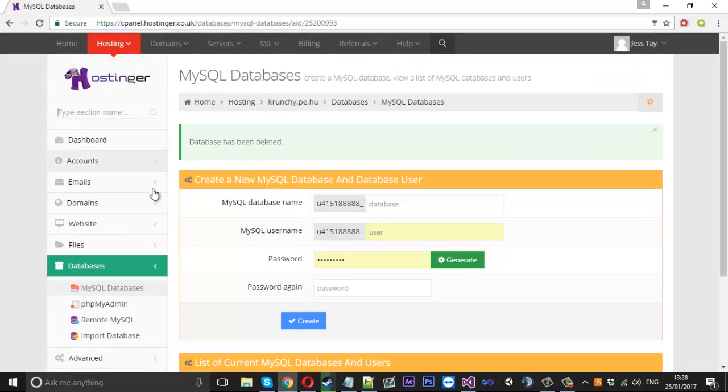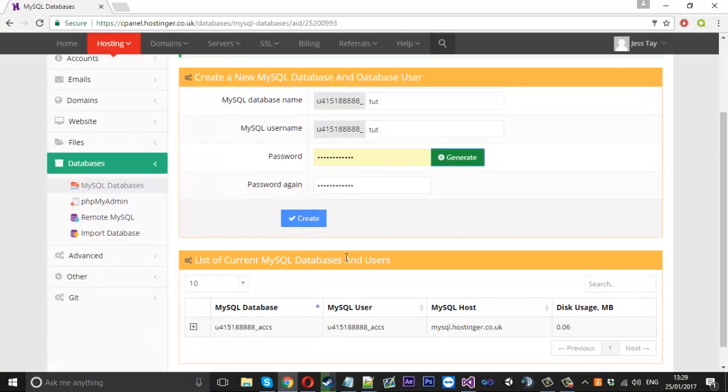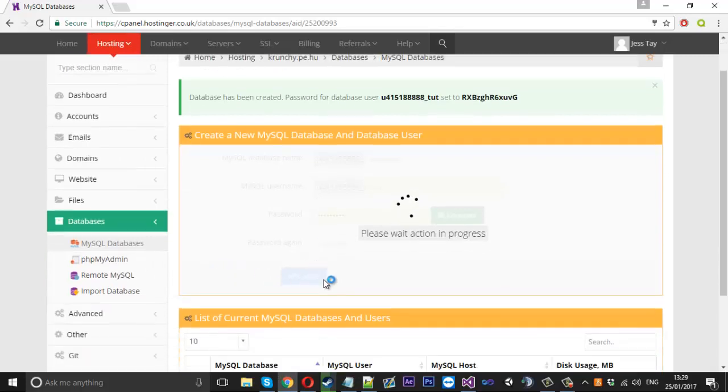I've just got some free hosting here, which I use for tutorials, and I'm just going to create the new database, which I'll just call login. You can probably call it anything. Actually, because we're registering as well, I won't call it that. I'll just call it tut. And then we're going to generate a password and copy it, and we'll use that one, and I'll create it. So I'm just going to make a copy of that password somewhere here, and we'll wait for this to be